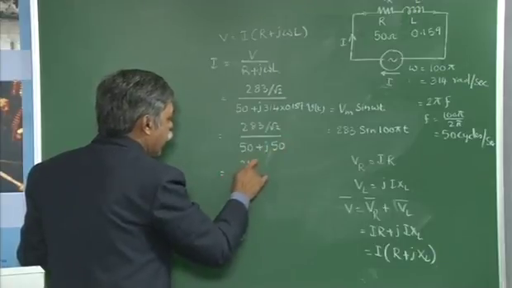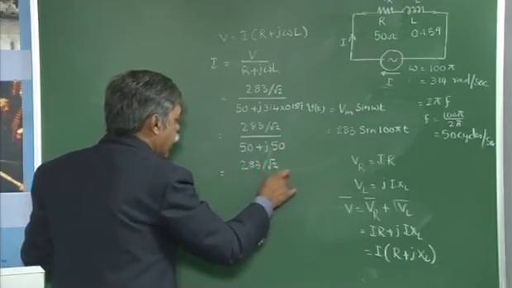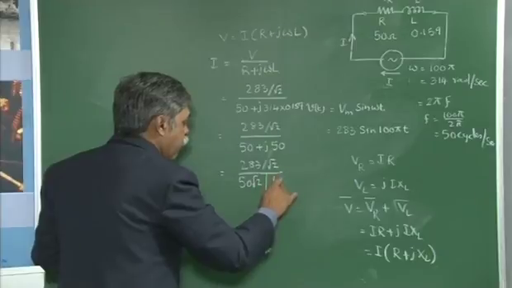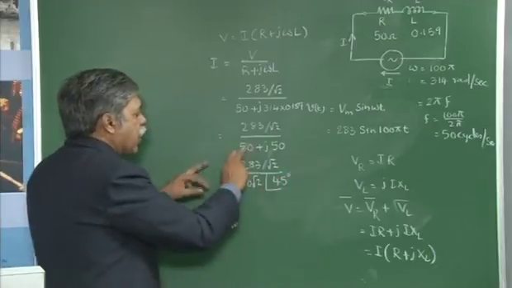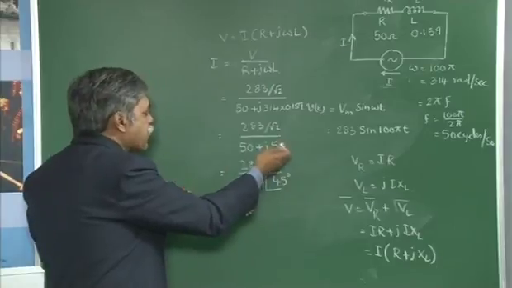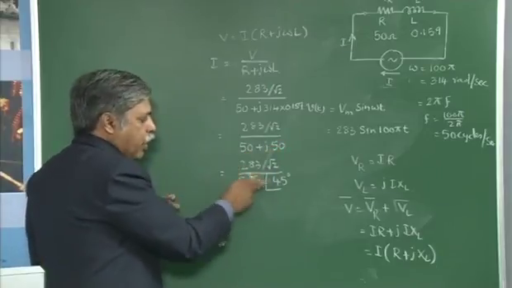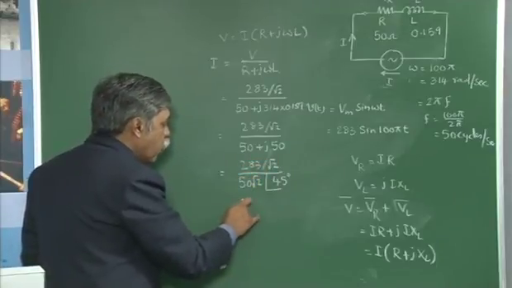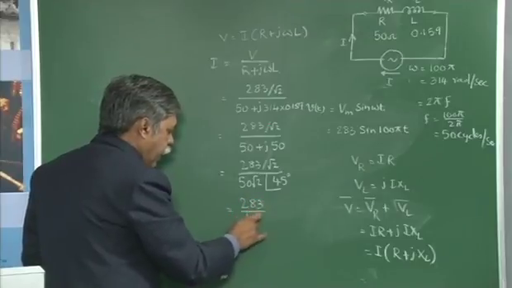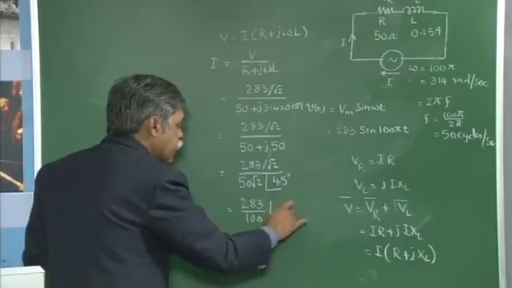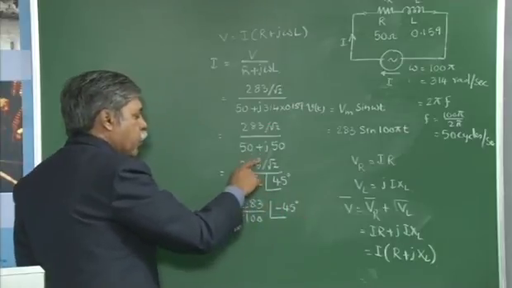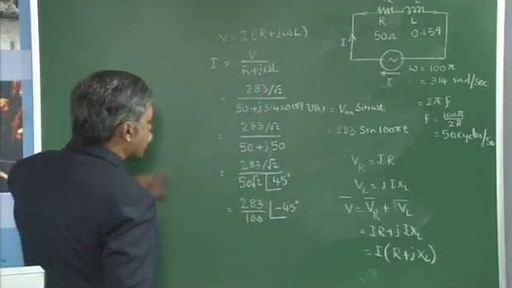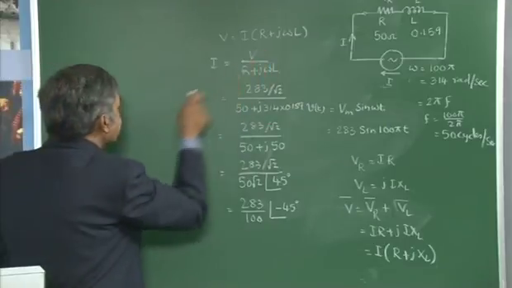So, if I write the denominator in polar form, I will be getting here 50 square root of 2 as the magnitude, at an angle of 45 degrees. Now, you see, I have not calculated the angle as tan inverse of imaginary part by real part, because both are equal. Directly I can write down 45 degrees here. Okay. So, the root 2 and root 2 will give you 283 divided by 100 at an angle of minus 45. The angle for the numerator voltage is 0 because I am taking that as a reference parameter here. Okay. I can also draw the phasor diagram for this, because the voltage is a reference quantity.